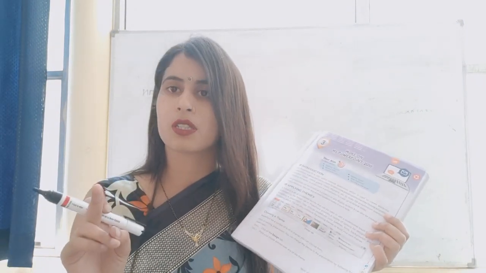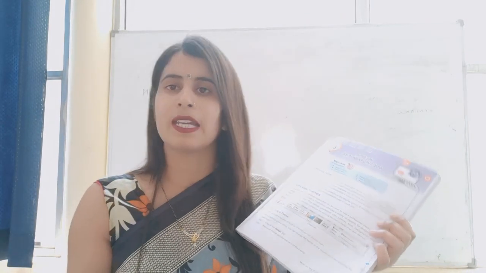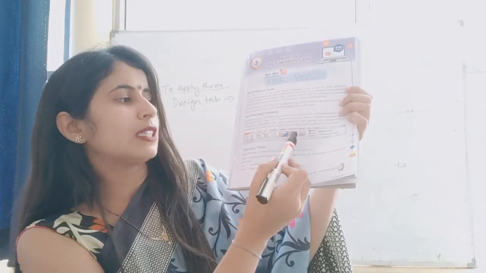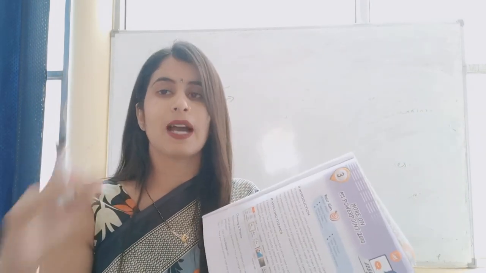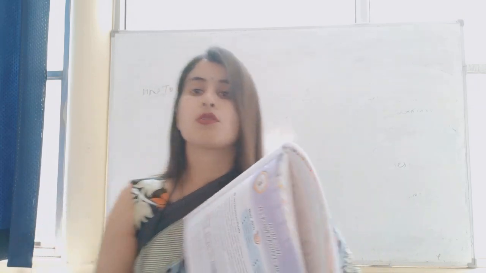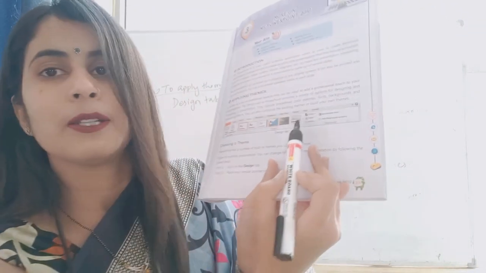Also, in the beginning it will show you 6 themes. 6 themes are the default themes that are visible automatically. When you count these all, they are 6. Okay, so now if you want to apply any other kind of theme, what you have to do, you will see a drop down arrow here.